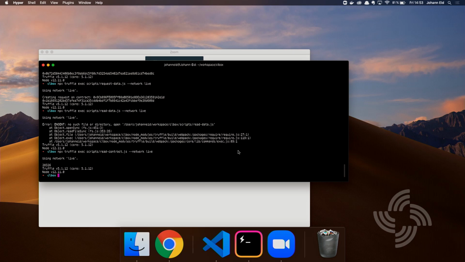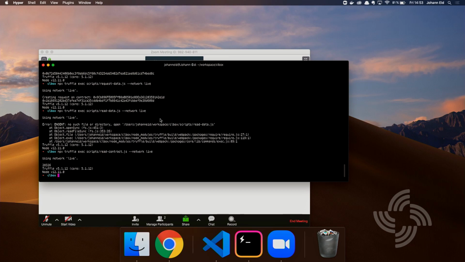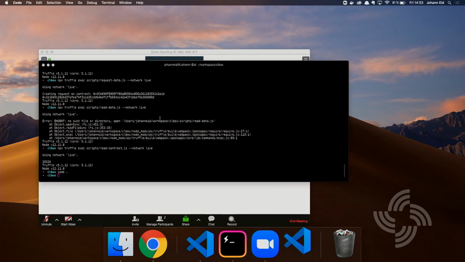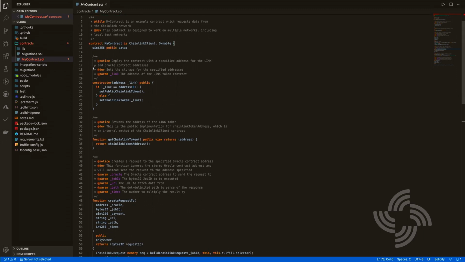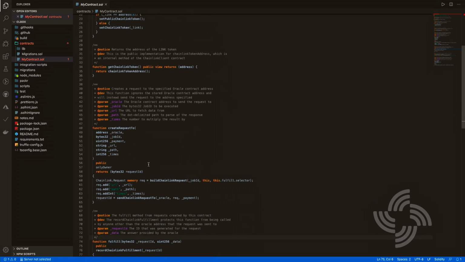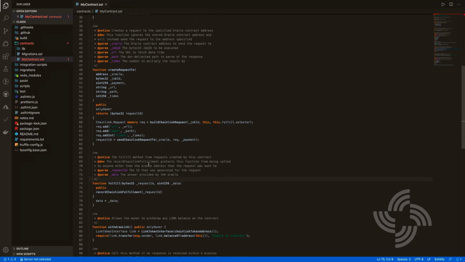So basically what we're going to do is I have a Truffle box which has already been unboxed. The instructions are in the documentation on how to do it. And that's what I get. So out of the box, I get a Chainlink contract, which has multiple components. So I'll go over a few right now.